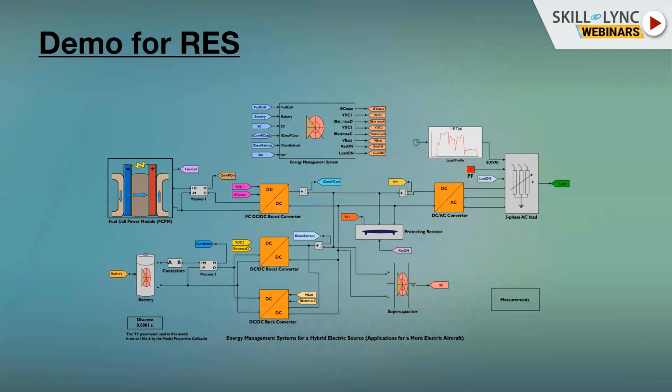So the boost converter is going to boost your energy, and the buck converter is going to step down your energy. Like what the transformer does, the same thing happens in a boost converter as well as in a buck converter. Then it moves to the DC to AC converter, which converts that DC energy into AC, using a converter like a rectifier and all those things.